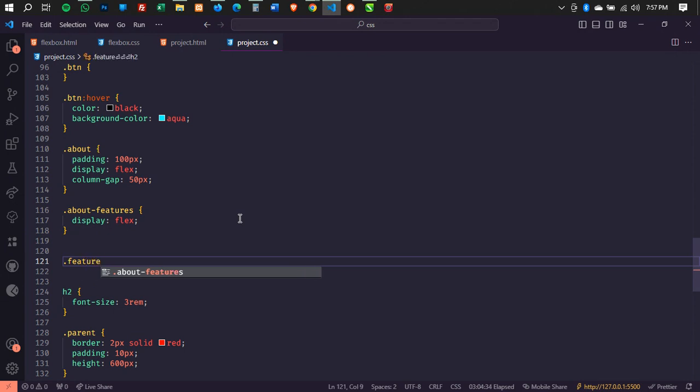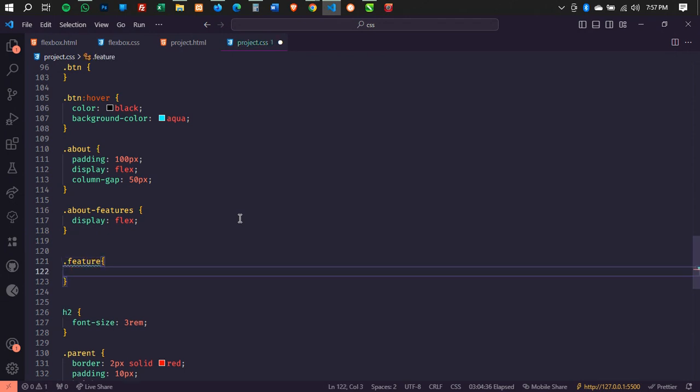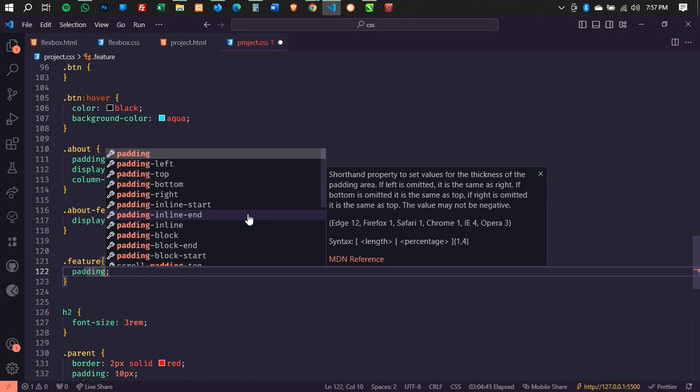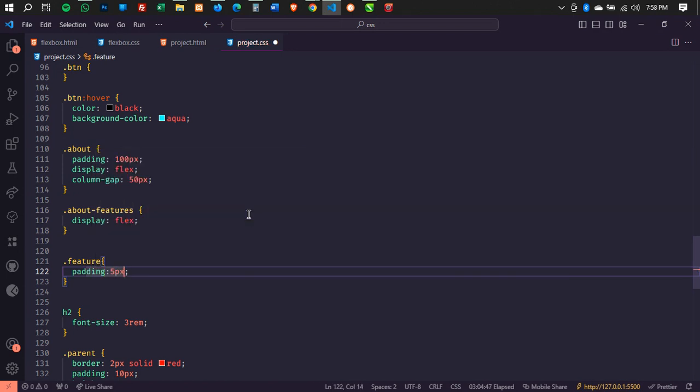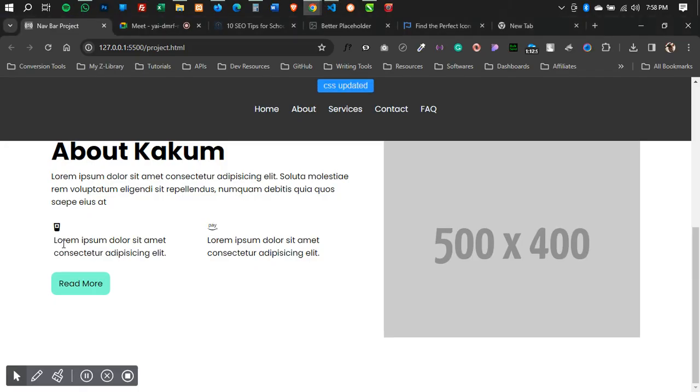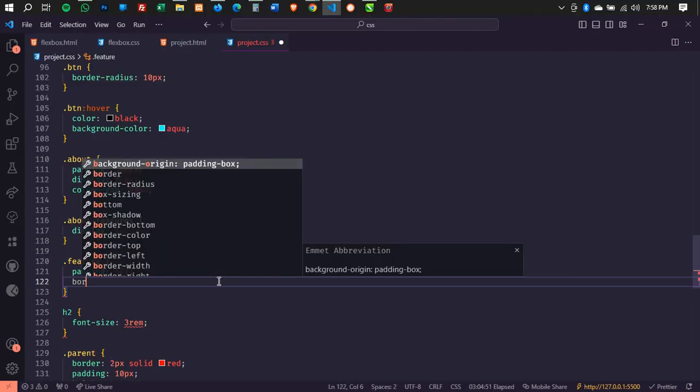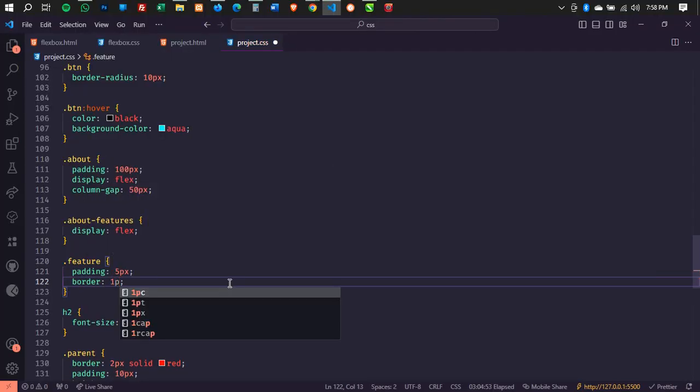So that feature, then I can say I can give it a padding of 5 pixels, and I believe it's okay for each of them. Then I'll give them a border of 1 pixel, solid hash 303030,